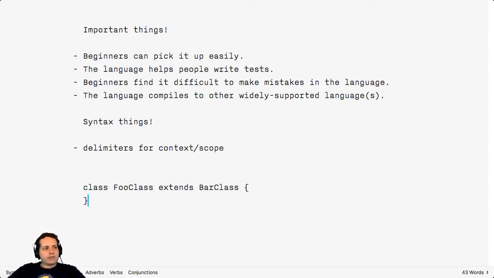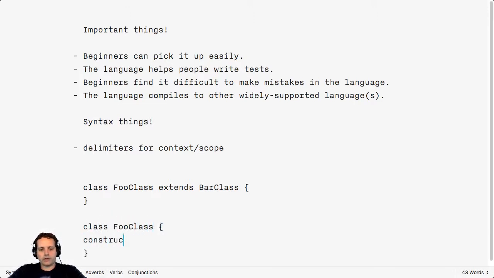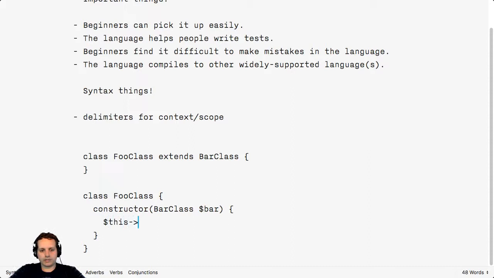And an alternative to really deeply nested class structures is to inject stuff. So foo class, and then some kind of constructor, this is pseudocode, accepting an instance of bar class. And then this bar is $bar.